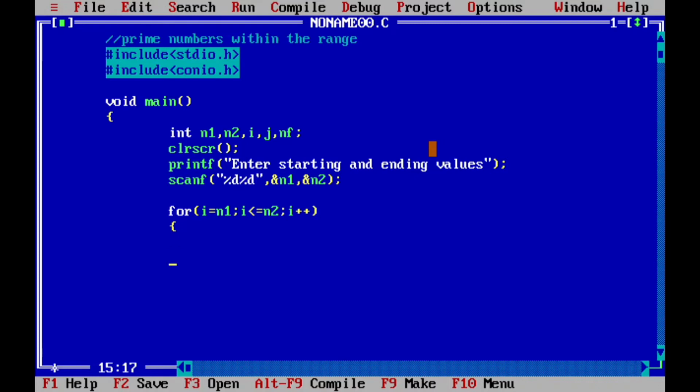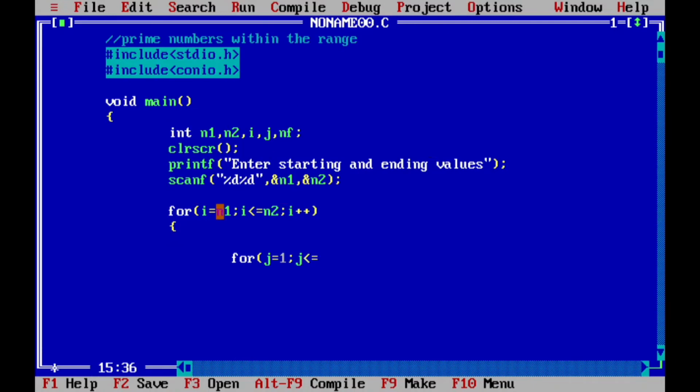Here the inner for loop, for j is equal to 1. To find whether any number is prime or not, we have to find the number of factors. Factors start from 1, so j is equal to 1. Then j is less than or equal to that particular number.